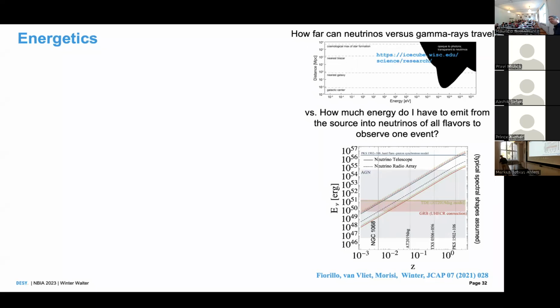You can also see certain benchmarks here for different models, and benchmarks at certain distances for certain objects. This is AGN blazars. That's a tidal disruption event. That's the redshift of NGC 1068, which we discussed yesterday. So the question is, do we really see the neutrinos through the whole universe? You can already guess here that if we go to high redshifts, we really need a lot of energy in neutrinos to observe one neutrino event. So we see these neutrinos in a cumulative fashion, in a diffuse way,